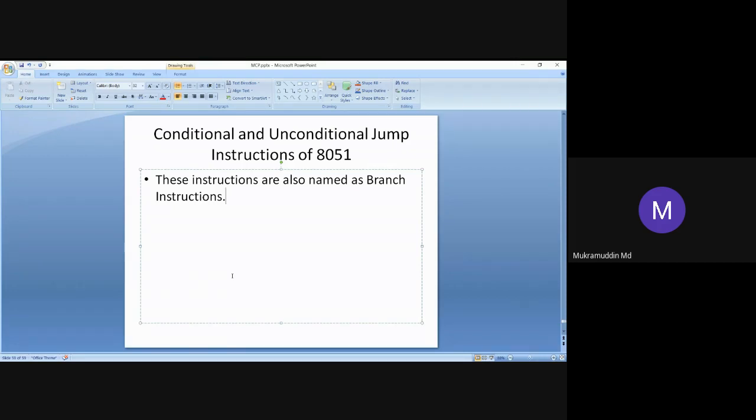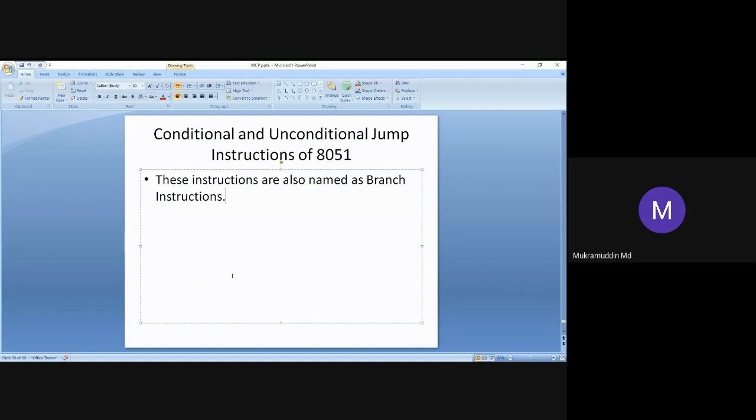Conditional jump instructions mean the control of the processor will jump to some other part of the program, leaving its normal sequence of execution, when a certain condition is true. It is called a conditional jump instruction.